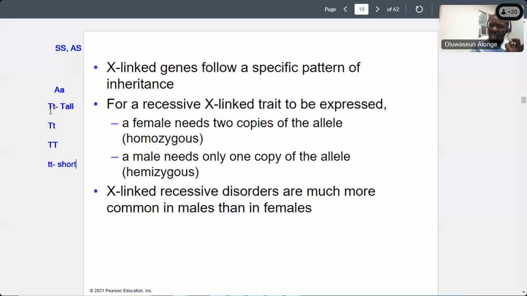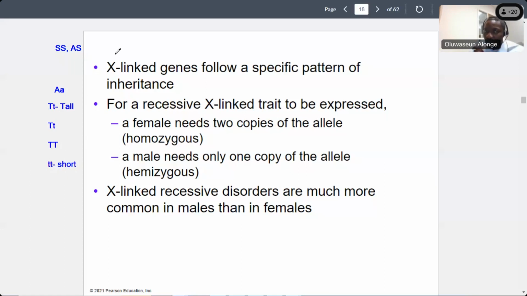As long as uppercase T is here, the guy will be tall. But for the guy to be short, both have to be lowercase. So a female needs 2 copies of the allele. That's for female, because females have 2 X's. But for X-linked disorder, again,